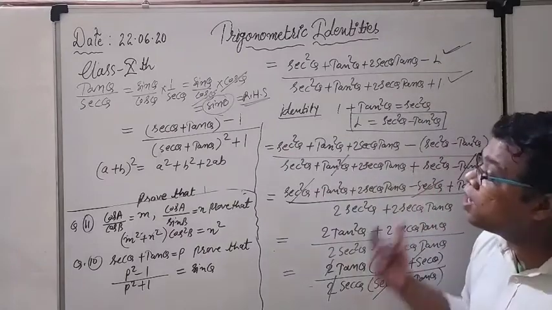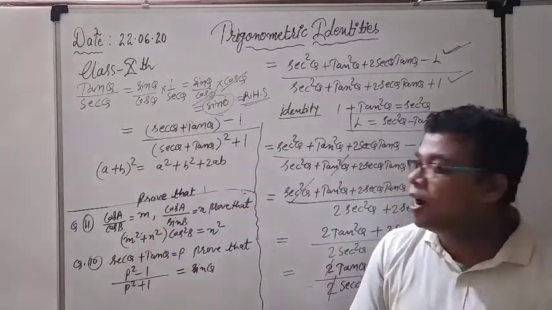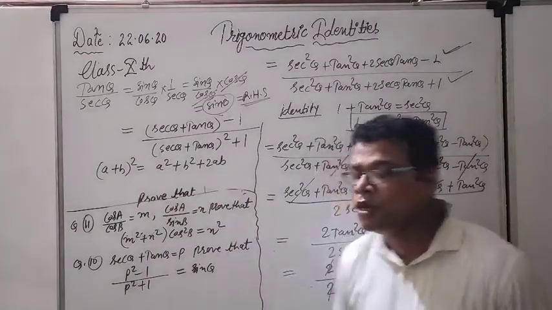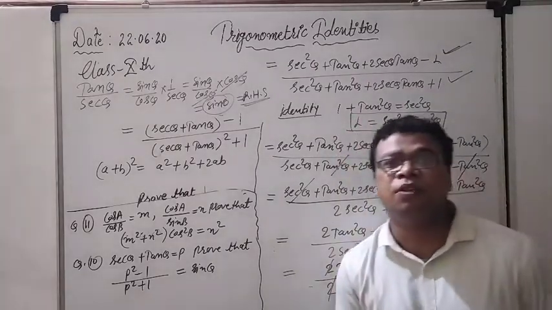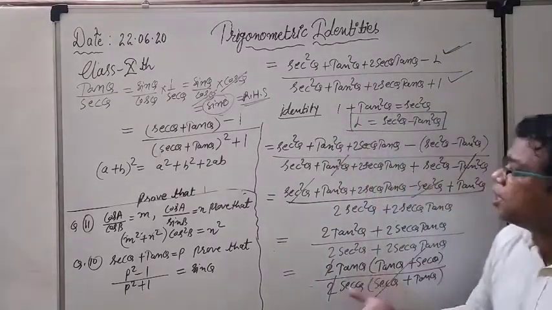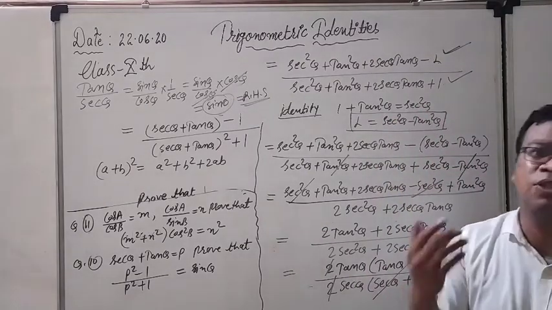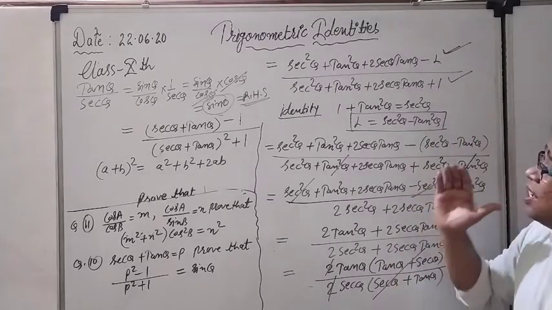Right now see what we have done actually. First we put up the values of p, and after that a plus b whole square equals a square plus b square plus 2ab, we know it, we did according to that. And after that one identity comes into the role. What is that particular identity? 1 plus tan square theta is equal to sec square theta, because things were given in the form of tan and sec only. And after that I can understand what to do.